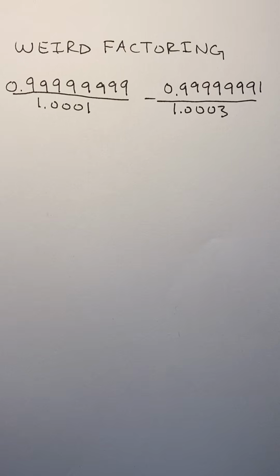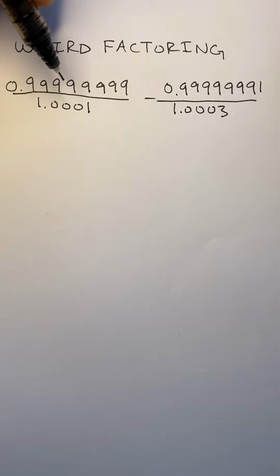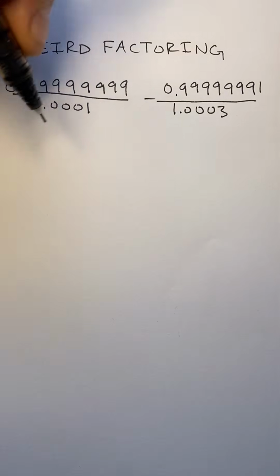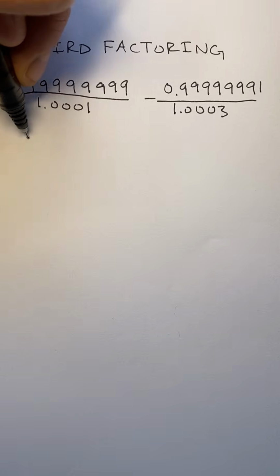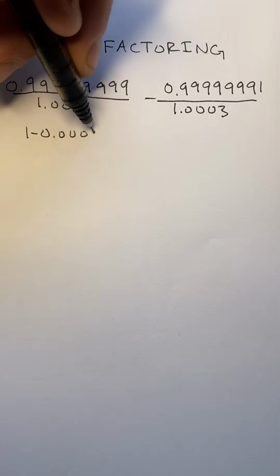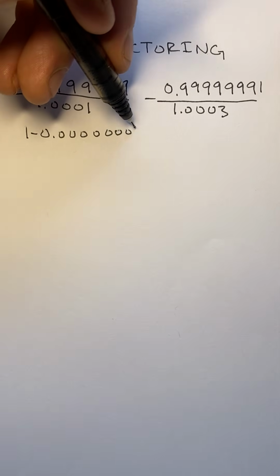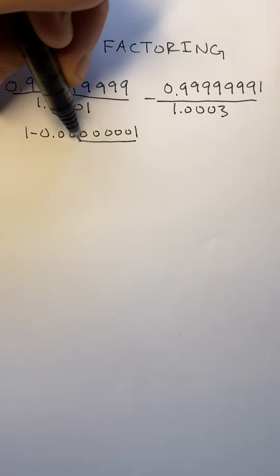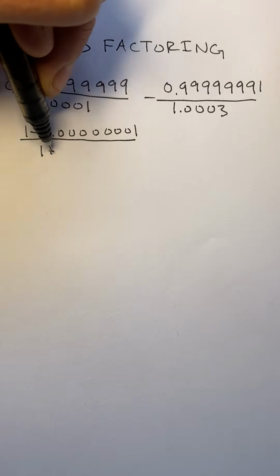This type of question is a very strange question. It's a scientific notation question at the end of the day that involves the difference of squares. What you're going to see here is you've got 8 nines, which means that that's actually 1 minus 0.00000001. That's the 8th place. And that's 1 plus